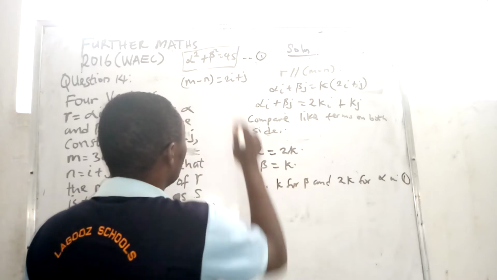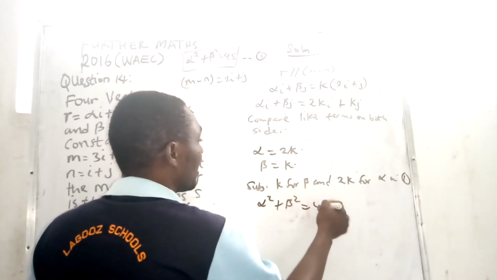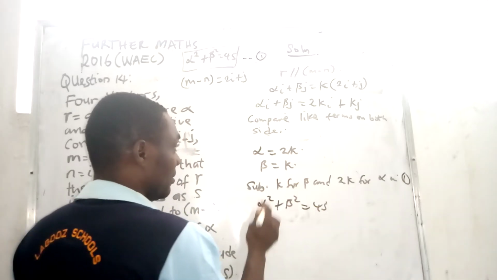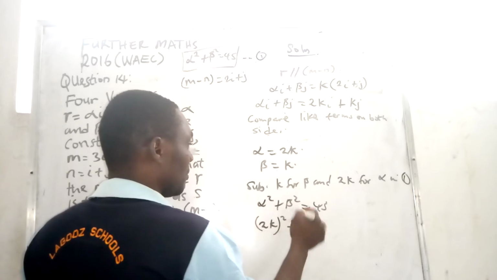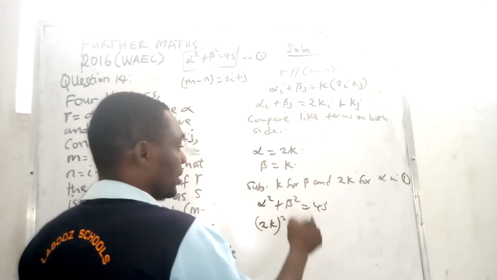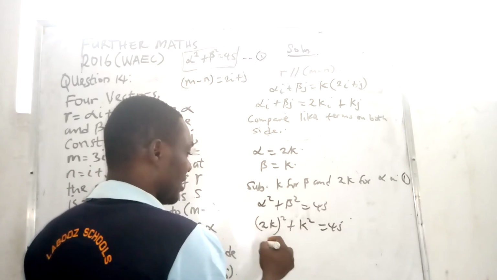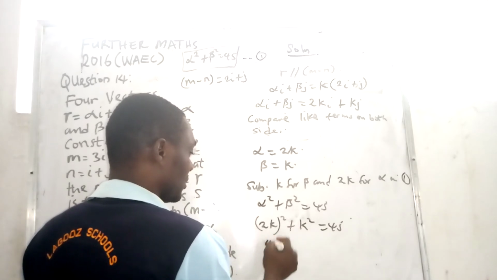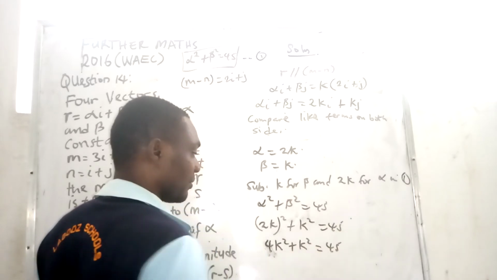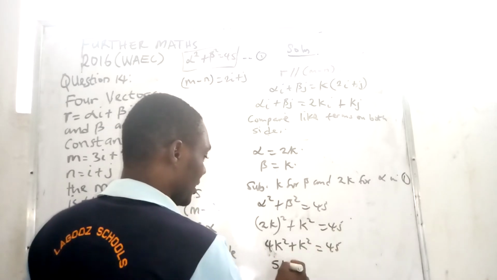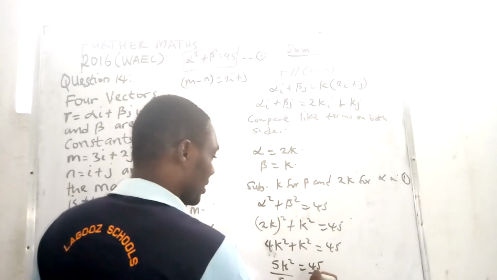So I'm substituting into this: alpha squared plus beta squared equals 45. Alpha is 2k, so I have 2k squared plus beta, which is k, squared equals 45. When I square, I'm going to have 4k squared plus k squared equals 45. So I have 5k squared equals 45. Simply divide both sides by 5,